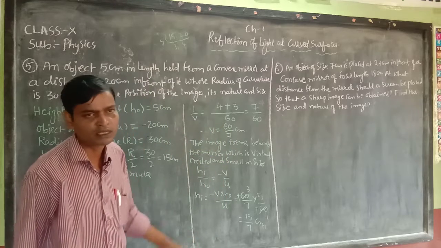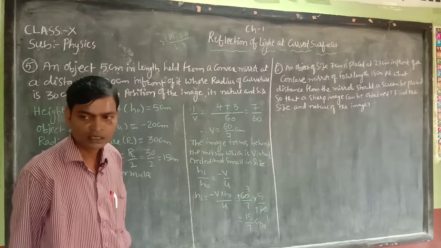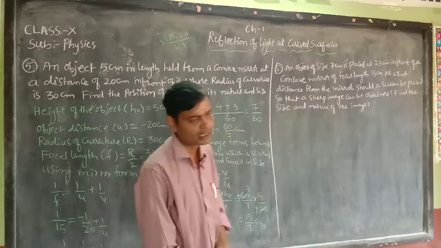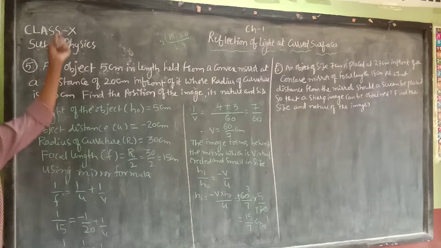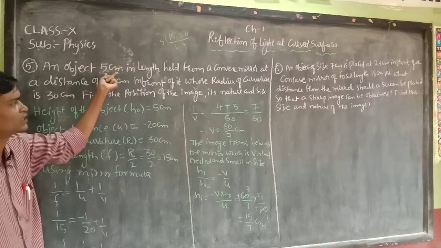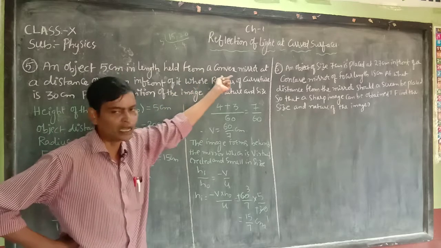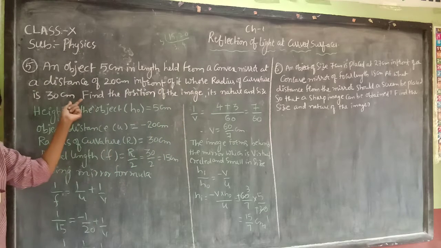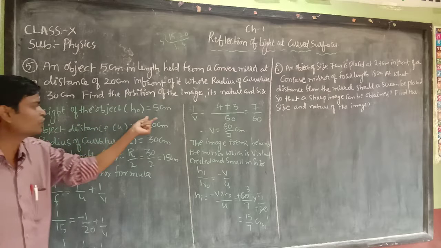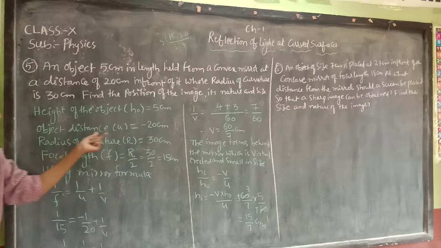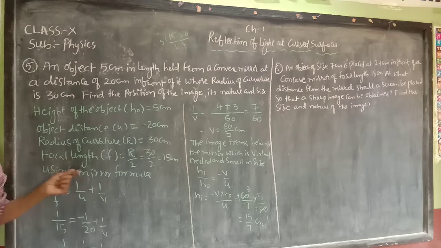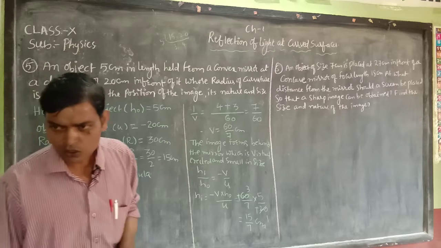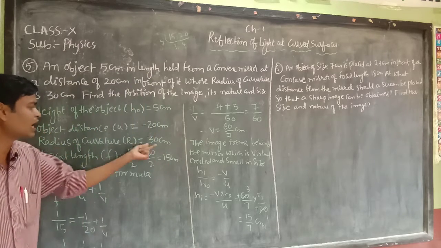15 by 7 centimeters means 2 point something. So the image is smaller in size. Once again, let us revise this problem. In the given question, he has given the height of the object as 5 centimeters and the type of mirror is convex. Object distance is 20 centimeters and radius of curvature is 30 centimeters. So we wrote height of the object HO as 5 centimeters, object distance as minus 20 centimeters. For convex mirrors, focal length is always positive, so the radius of curvature is also positive. So radius of curvature R is 30 centimeters.